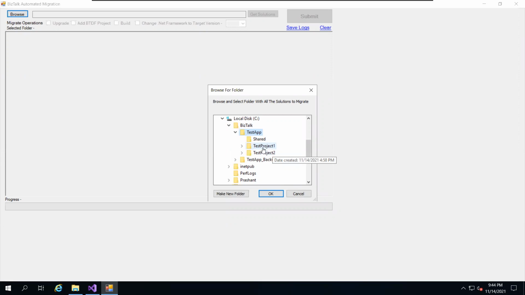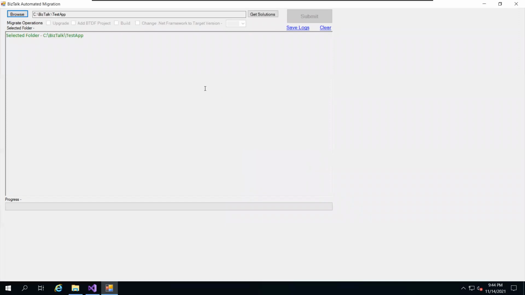But in a real scenario, when we deployed and used this tool for other customers, we had more than 500 applications in this folder, and we simply gave the location of this folder and submitted it, and it took almost 4 to 5 hours for almost 600 applications. If you go with the traditional way, it will take weeks to perform the same operation, right?